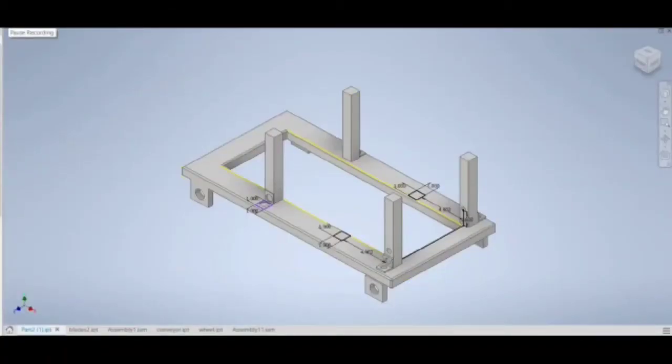Hi, I'm Joshua Jacob and I'll be guiding you to the virtual implementation of our 3D model. So first, what we are looking at here is the chassis of our model. The chassis is one of the most important parts of our model. It supports the weight of the other subsystems of our model.